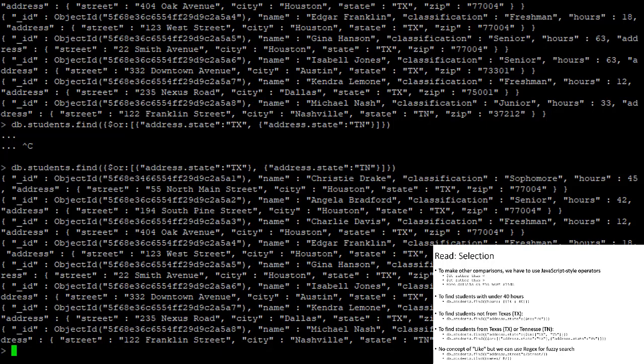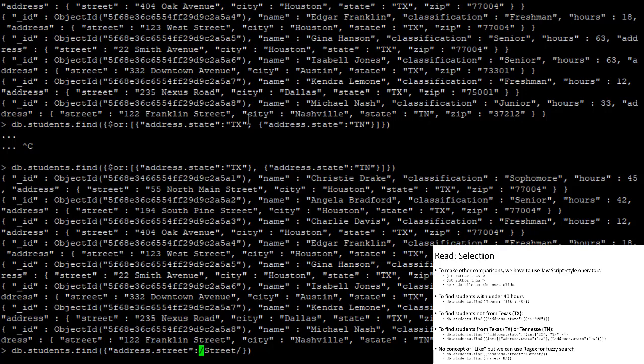So just like with SQL queries in a relational database, there are often going to be multiple ways that we can write a query to get the same results in MongoDB. Now finally, while there is no like operator in MongoDB, we can use regular expressions in our find queries. So in order to indicate that we are evaluating a regular expression, we just wrap the search term in forward